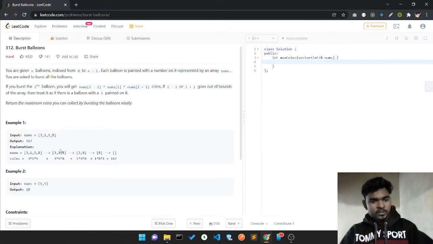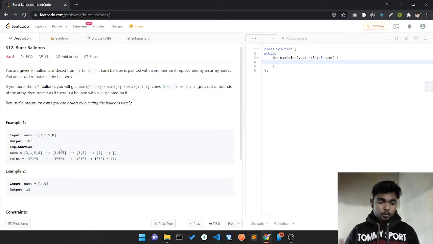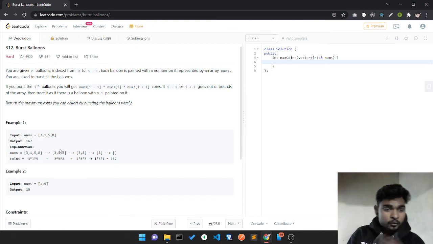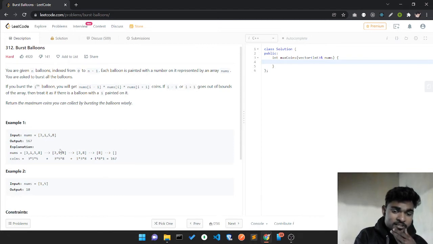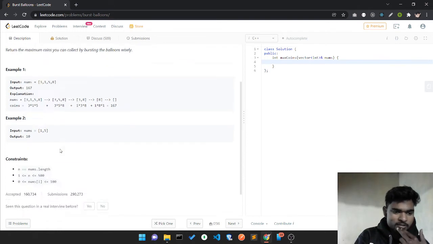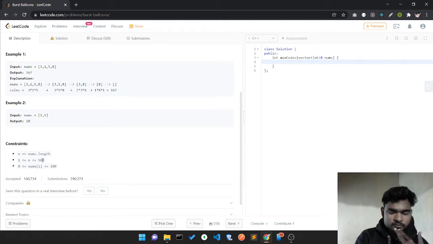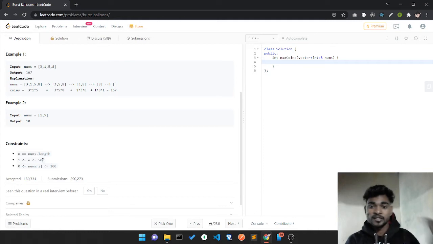I'll pick all the ways of bursting the balloons and find the maximum from all of them. There are n factorial ways to pick the balloons and burst them. That's a huge value because n goes up to 500, so it gives us TLE.